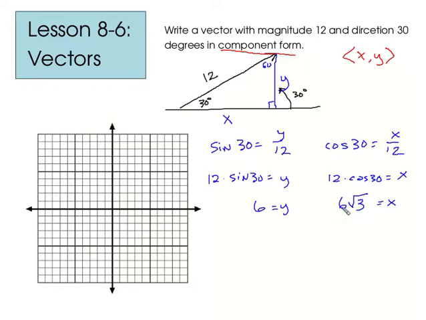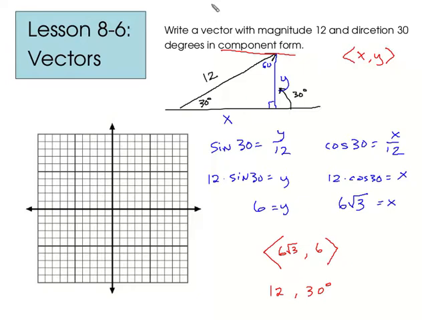And so the component form of our vector is going to be 6 times the square root of 3, comma, 6. And we have two different ways now to write this vector. This vector has a magnitude of 12 and a 30-degree direction, or it has a component form of 6 square roots of 3,